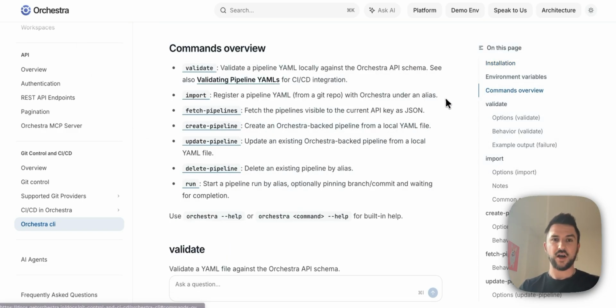First of all, what are these new commands? Well, we always had validate, import, and run, but now there are some extra ones with pipeline-based things in them. So we have fetch pipelines, which is a way of getting a big JSON output of essentially all of your pipeline definitions. Pretty good if you want to start migrating or just store them somewhere